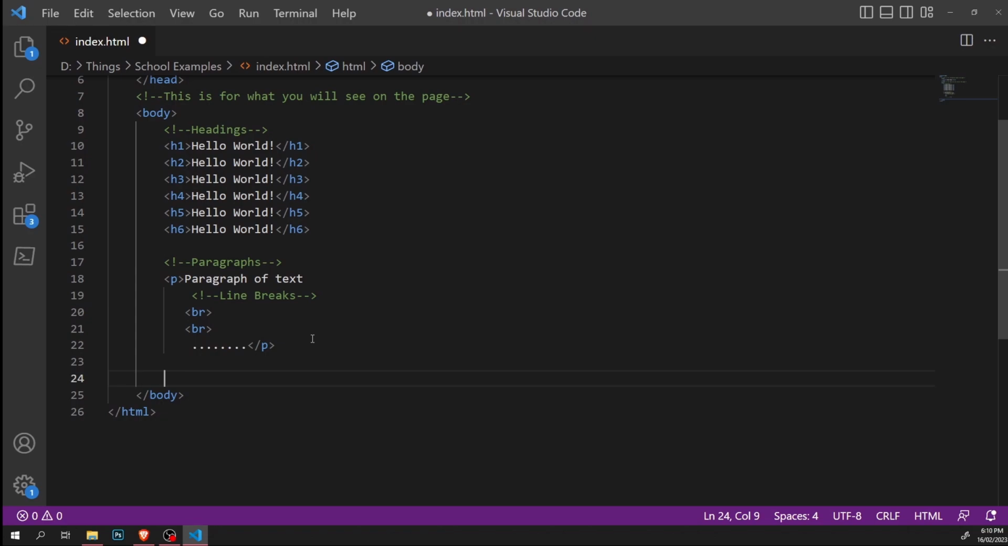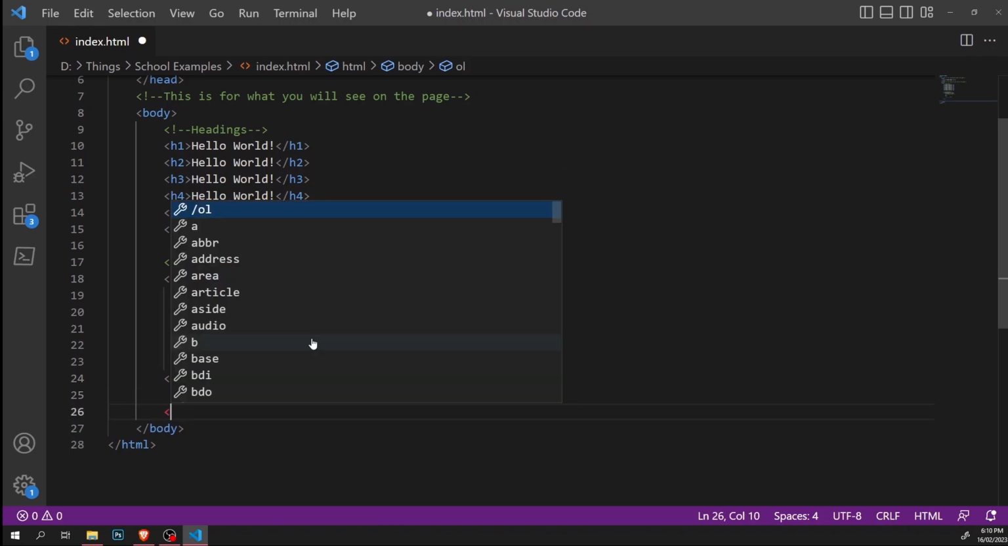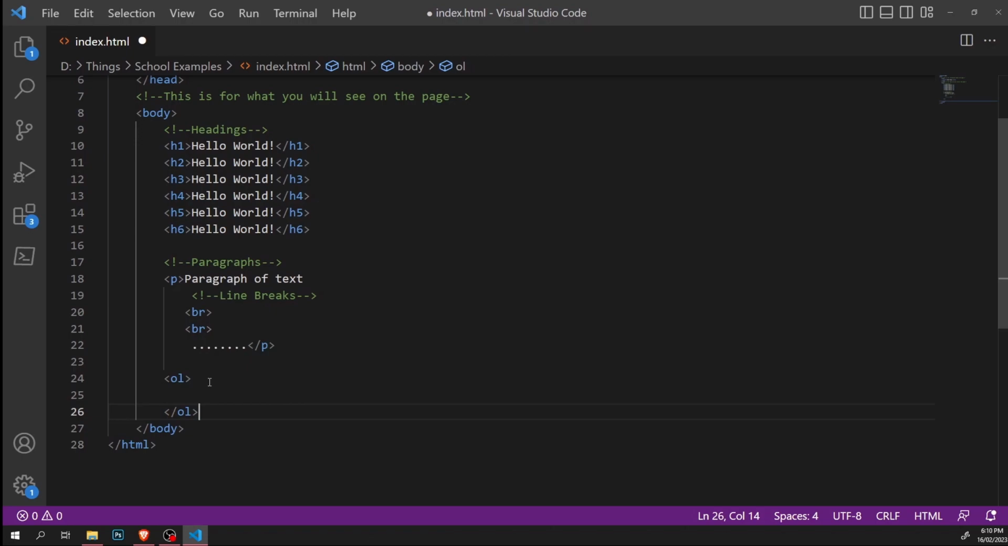One thing that you might want to do on your website is lists. There are 2 types of lists. There are ordered lists, which are defined by this name, OL. There's an open OL and a close OL. A list consists of list items, which is LI. So if we mention 5